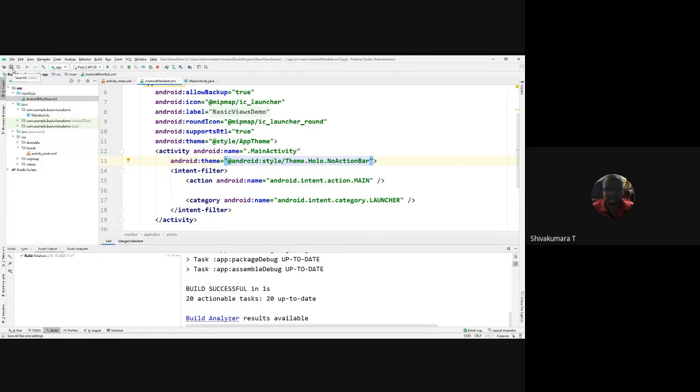Now see the output after making small additional changes in the manifest.